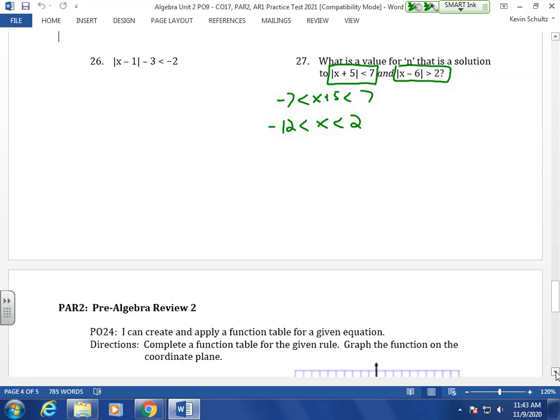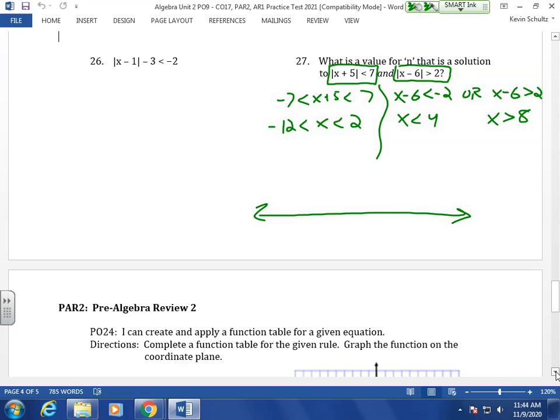Then the other one, we've got x minus 6 is less than negative 2, or x minus 6 is greater than positive 2. Add 6 to both sides here, and add 6 to both sides there. And that's what we get. So then graphing this now,